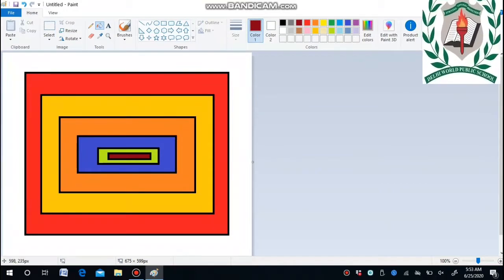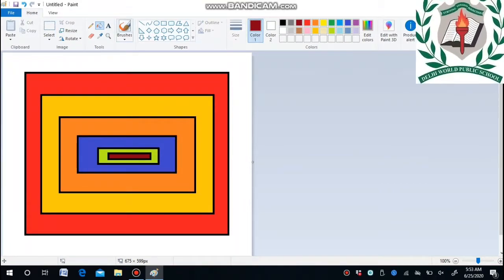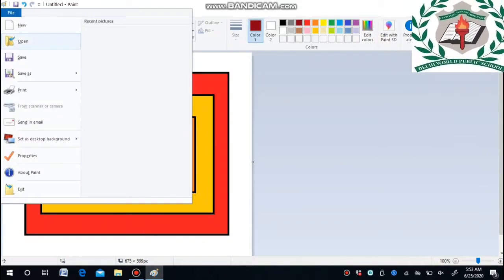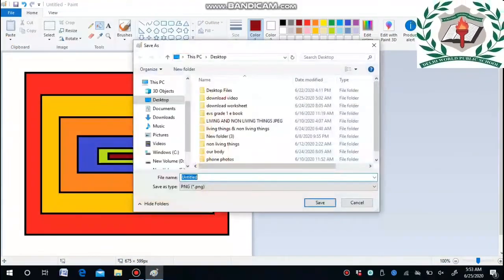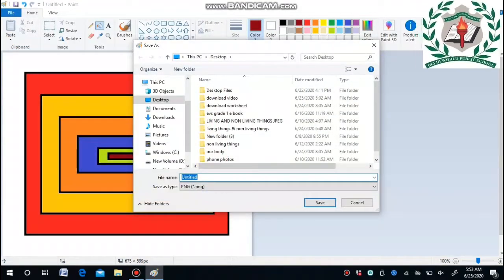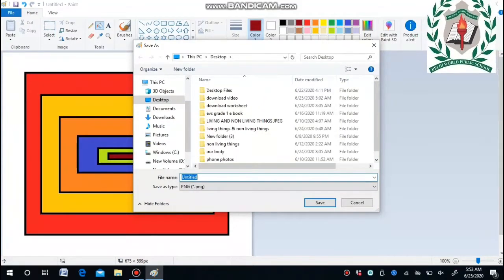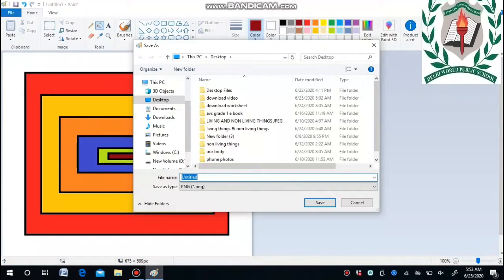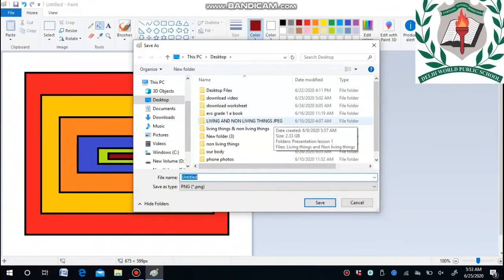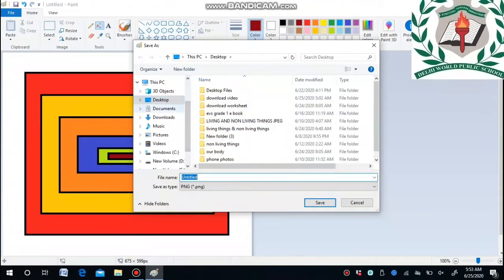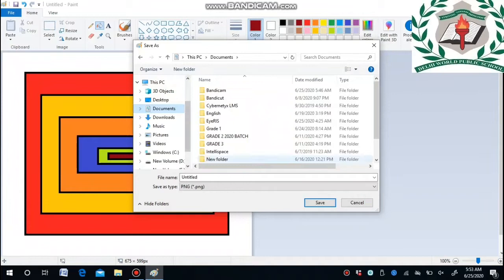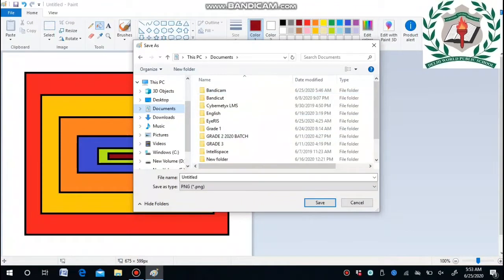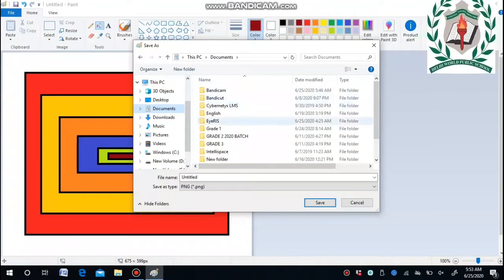And now we want to save it, right? Now we are done, so we need to save this file. What you should do, you may just click the file icon on the left. Then there is the save button. You may just click it, and then your screen will display in which document you need to save. You may just select it and then save it, whether you want to save it in desktop or documents, downloads, music, pictures, wherever you want. Now I just want to save into documents.